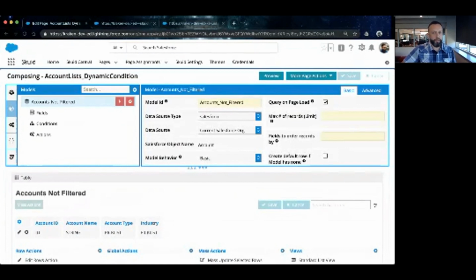And I just remembered something I wanted to show you because it'll make it easier for us to compare things when we look at our final preview. So before you clone it, let's add one other property here. Fields to order records by. As you might guess from that property label, this is where we can determine how the records are sorted by the model. So I'm going to tell this property that I want you to sort on the industry field